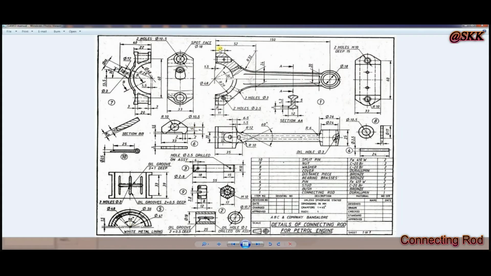Now you have to go to that part. The 52 mm length you have to draw, then 24 mm height, then two arcs. The width should be seen in top view. Width of that part is 20 mm. First you draw 52, R32, 12 and 24 mm distance. Same profile you have to draw.